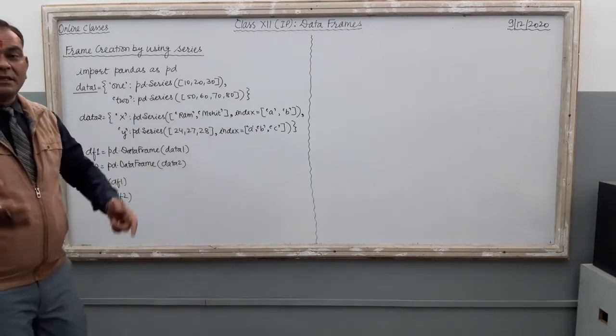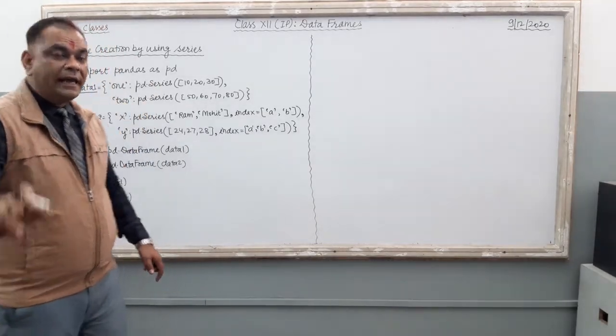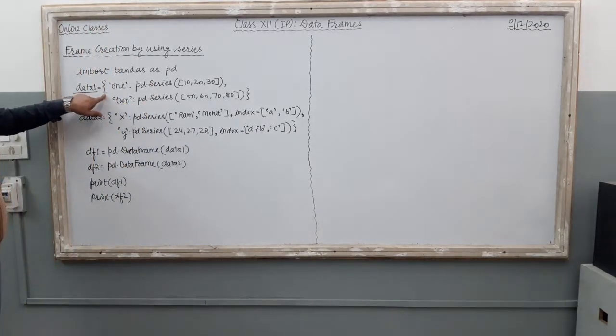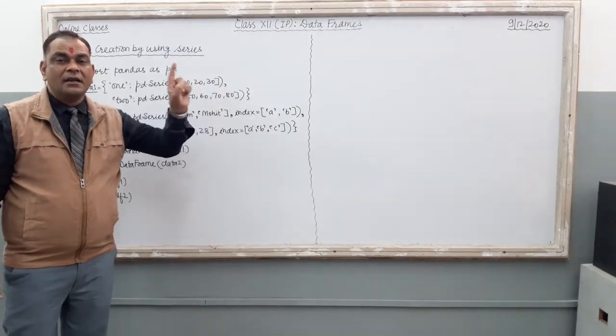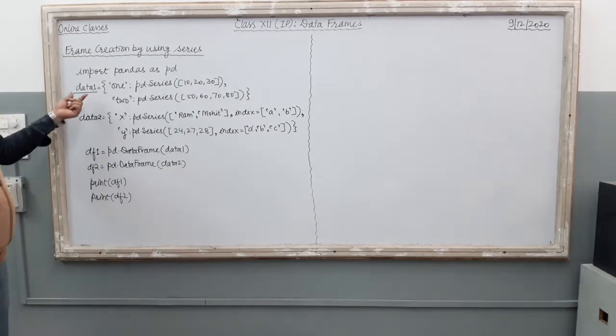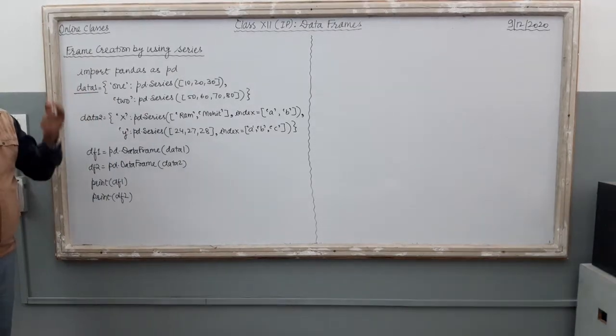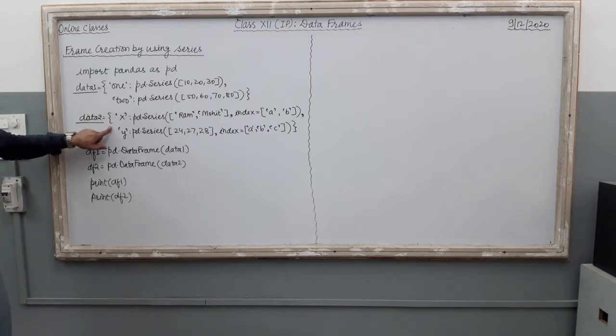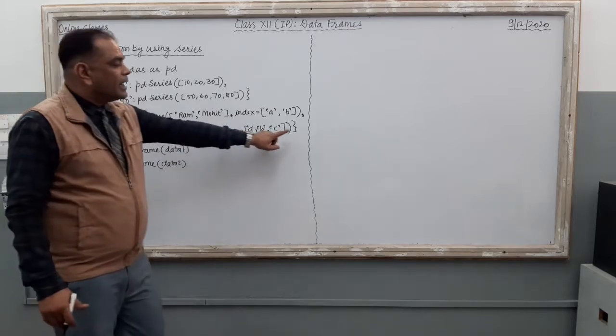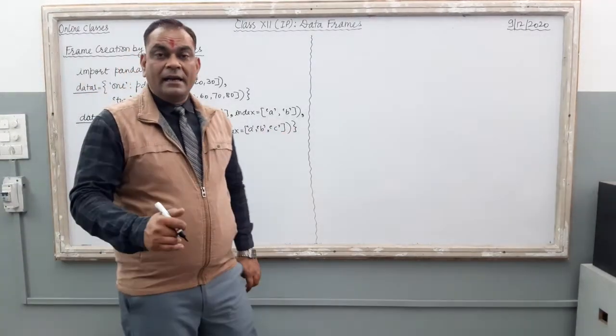Now how do I know that this is the dictionary object? Here just see, curly bracket is there at the starting and curly bracket is there at the ending. It means it is a dictionary object, right? So data1 holds a dictionary. Now just see what is there in data2. It is also a dictionary object. It is also enclosed with curly brackets, right?